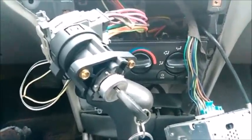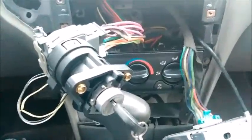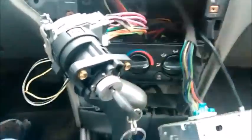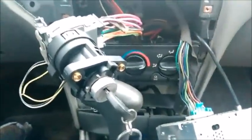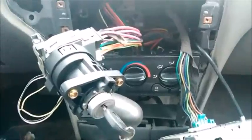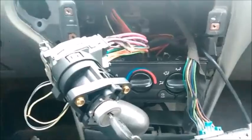So excited because I have finally fixed a thorn in my side on my 02 Malibu. People have a lot of problems because all of a sudden they'll go out to start their car and